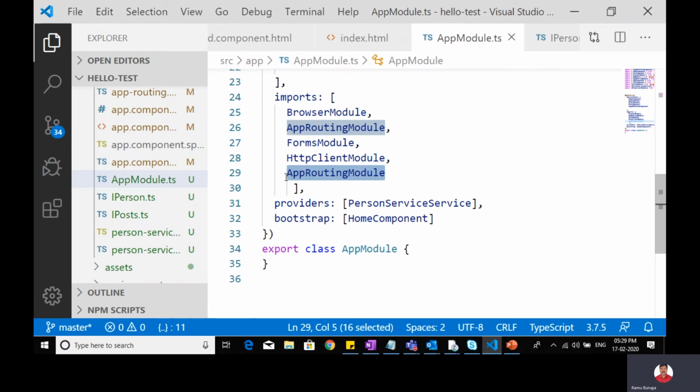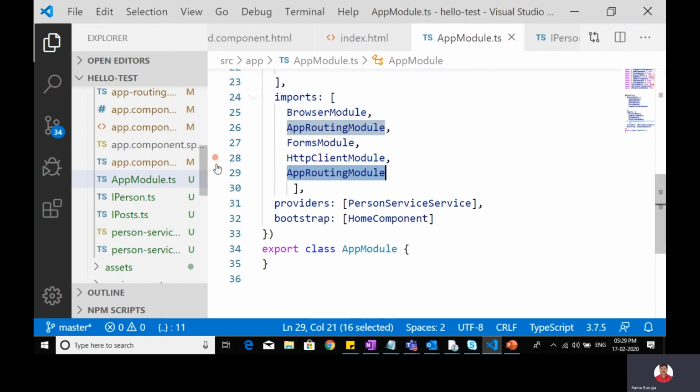That module file checks whether this routing class is there or not, and it will also check which component has the router element.